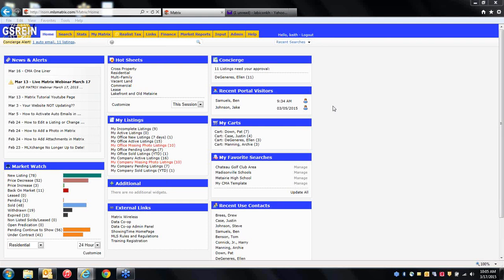So the first thing I want to show you is some searching. You just want to log in and do some searches here. One of the first tips I want to show you is using this speed bar here at the top. The first thing you're going to use this speed bar for is searching by MLS number. So let's say you log in, you know an MLS number. Well, all you need to do is simply type it in,